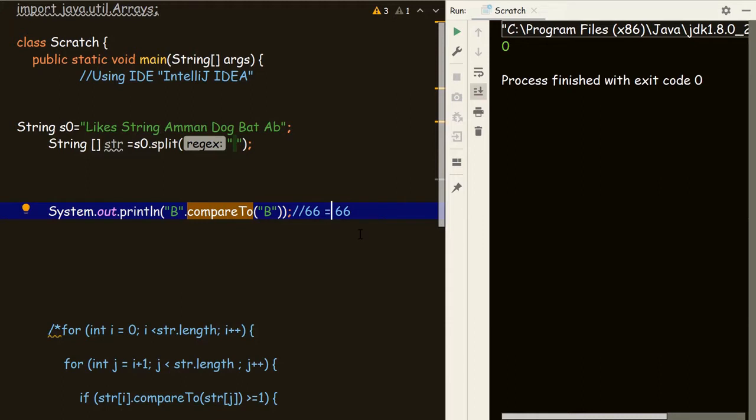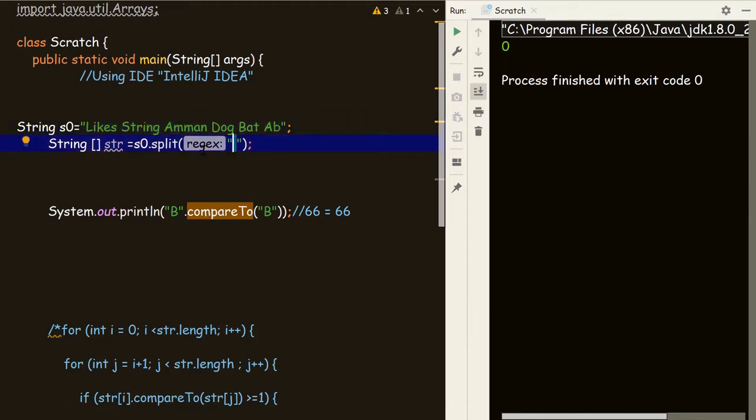So let's do the program. Let's take a string like this: "string Aman dog bat ab". We have to sort this in ascending order. For that we use the split method, and here we have given a space.